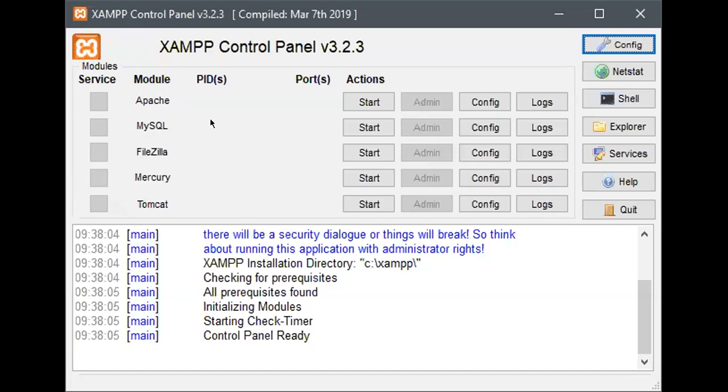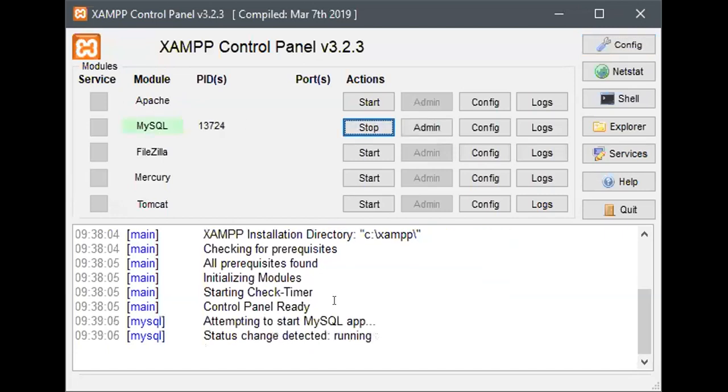So this is MySQL. I'm going to start that one. The default port for MySQL is 3306. It cannot be changed. If you're working on MySQL, then its port is 3306. I'm telling you about the XAMPP control panel because it is an easy way for us to work. Here, one more button is there, admin. Just click on that.